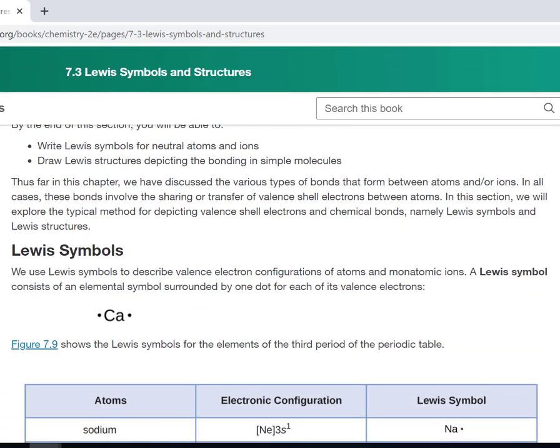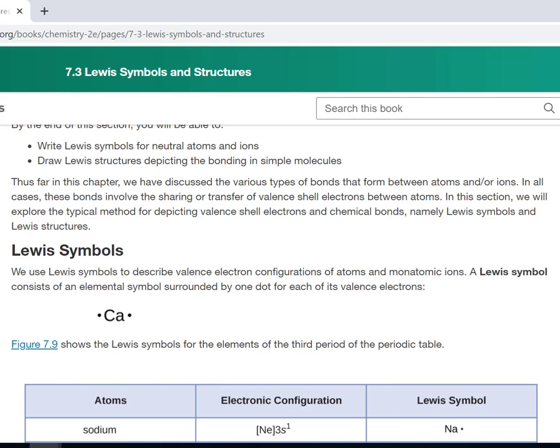A Lewis symbol, named after a person named Lewis, is a way of talking about just the valence electrons. This is related to the electron configuration and the orbital diagrams that we saw in Module 6. Similar to how the orbital diagram had the most information, the electron configuration had a little bit less information, and then we have the condensed electron configuration. The Lewis symbol is taking that even one step further,